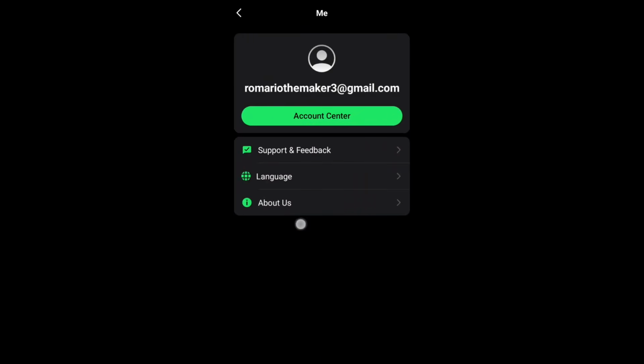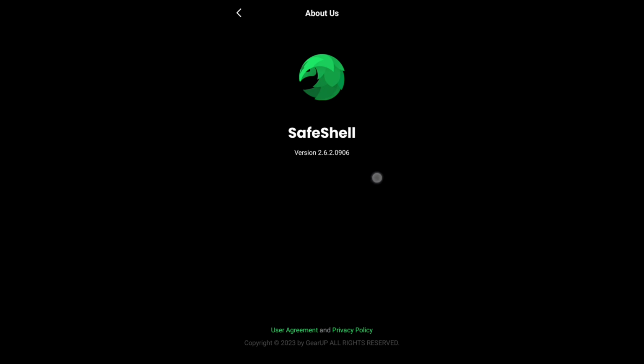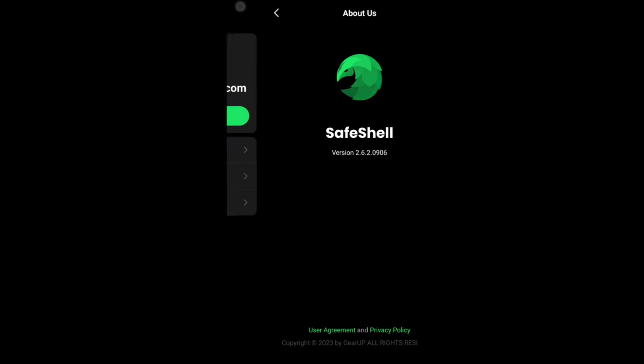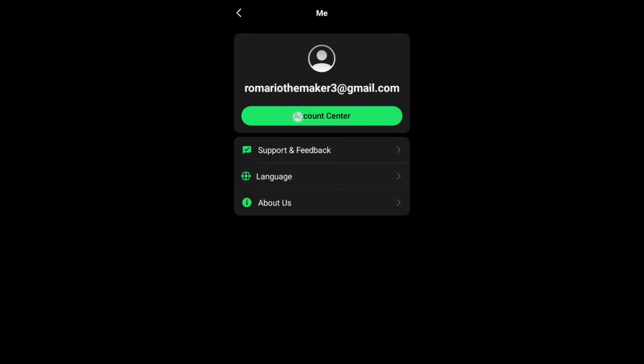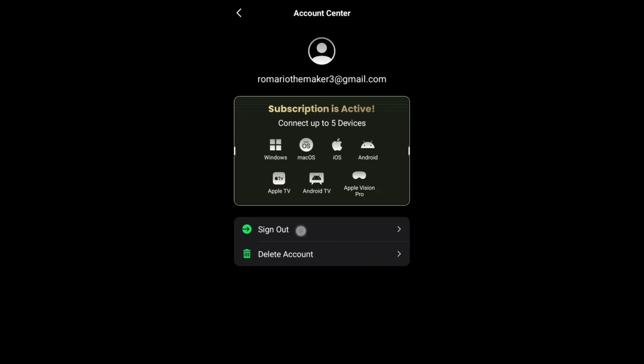Now I can also go about section, pretty much get more information on the version and so forth. Nothing much for that. In the account section here, you pretty much get a preview of your subscription and your email that you're using with the application. So as you can see, I can connect up to 5 devices. So all subscription, I think, can connect up to 5 devices per account,